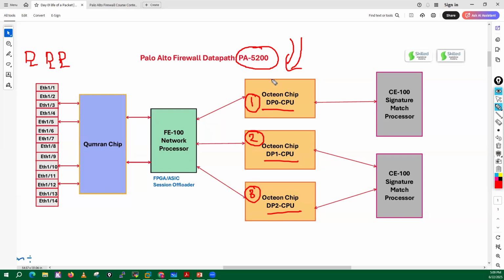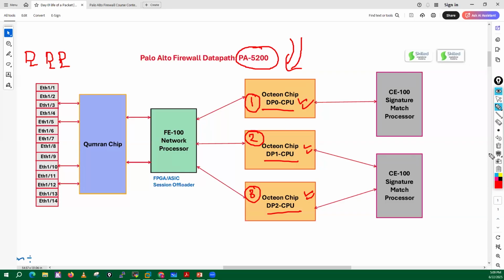When those three PCs try to communicate, maybe PC1 packets are handled by DP0, PC2 packets handled by DP1, and PC3 packets handled by DP2. Means all those packets are getting processed simultaneously, in a parallel way, at the same time. That is the actual parallel processing hardware, guys.